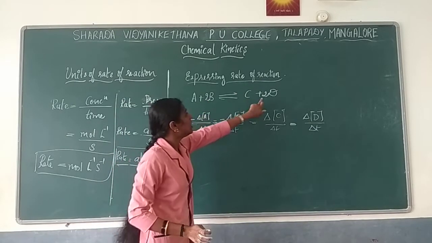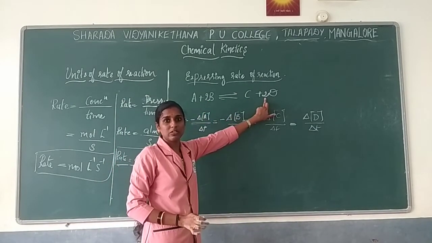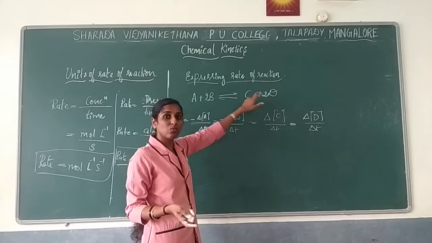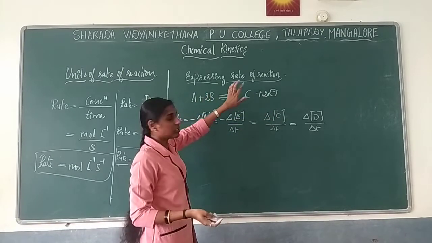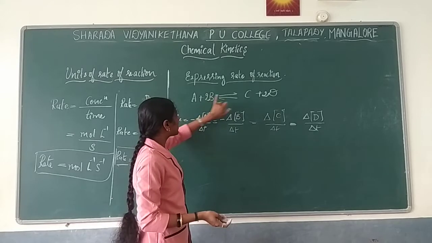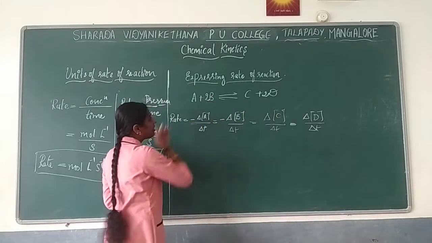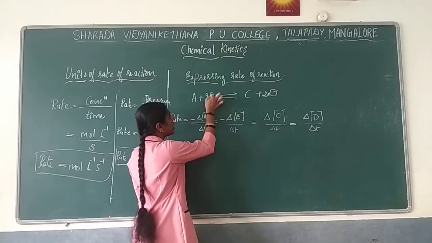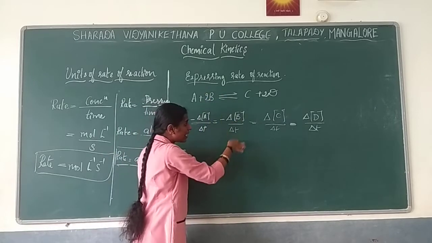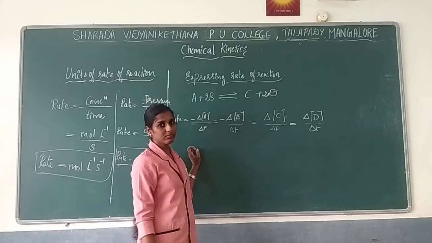Now here you have a stoichiometric coefficient, right? Stoichiometric coefficient means whatever number you add just to balance the reaction, in front of the reactants as well as products, that is considered the coefficient. So if you have a coefficient, whether you are supposed to include it when writing the rate or not.